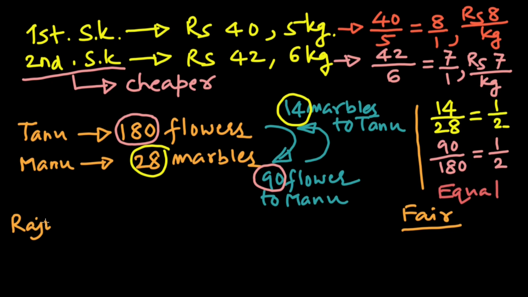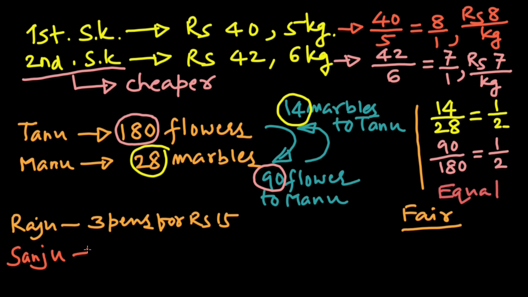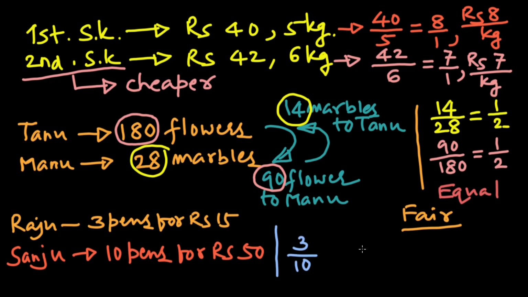Suppose Raju buys 3 pens for rupees 15 and Sanju buys 10 pens for rupees 50. We have to find which pen is expensive. If we take the ratio of pens, it will be 3 ratio 10, and if we take ratio of the cost, it will be 15 by 50, which will be 3 by 10. Since the ratio 3 by 10 equals ratio 15 by 50, we can say that pens are bought for